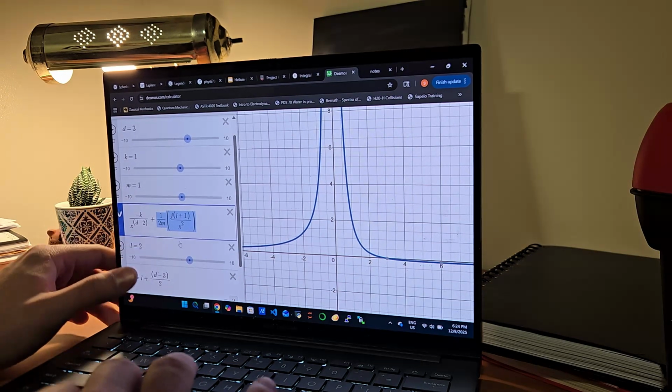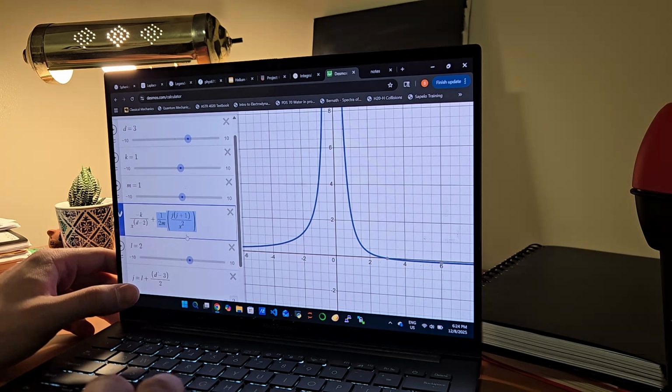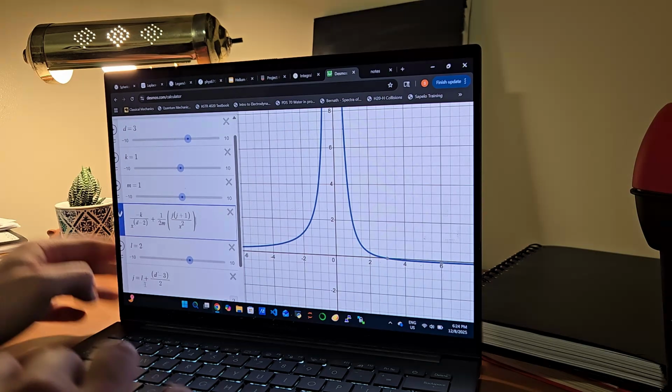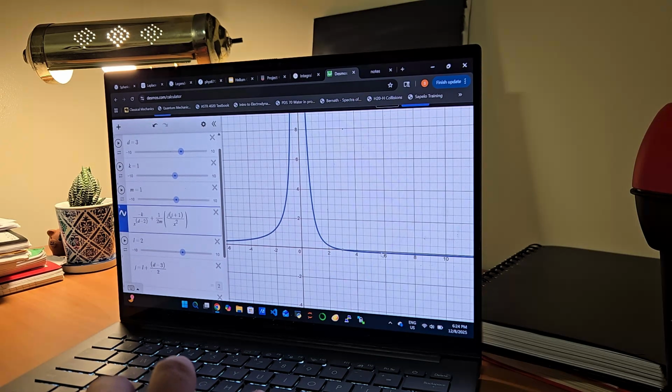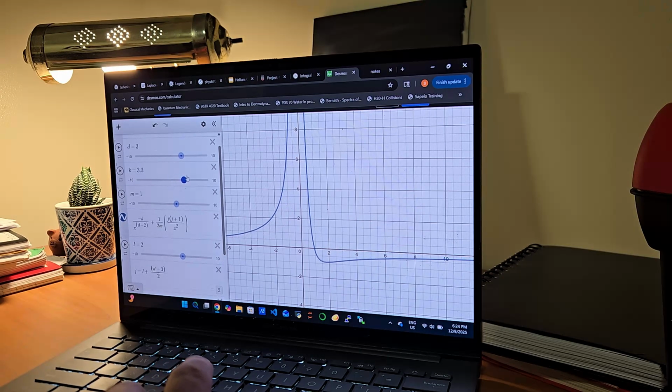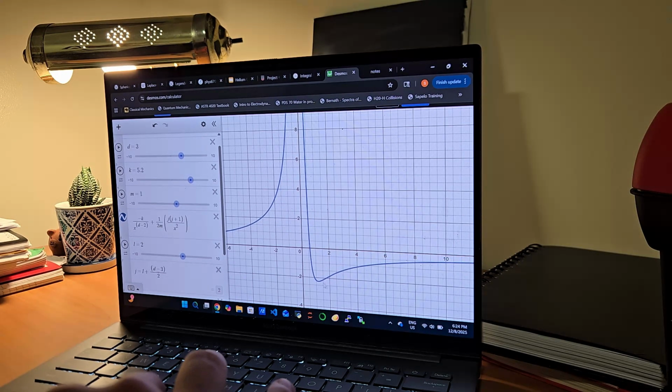That's where the effective potential comes in. And I found this using physics stack exchange, where J is equal to the orbital angular momentum number. And then it's added to this constant right here, the dimensionality minus 3 over 2. And so we're in dimension 3. And what we notice is that in dimension 3, there is that lowest bound state of an effective potential. If we raise this value up a little bit, we see that classic effective potential where we have these bound states that would be in this well and then a maximum at some point over here. If we kick this up to 4,